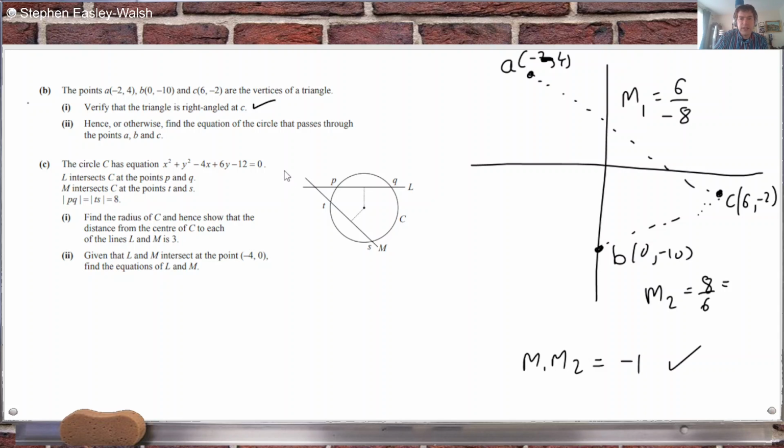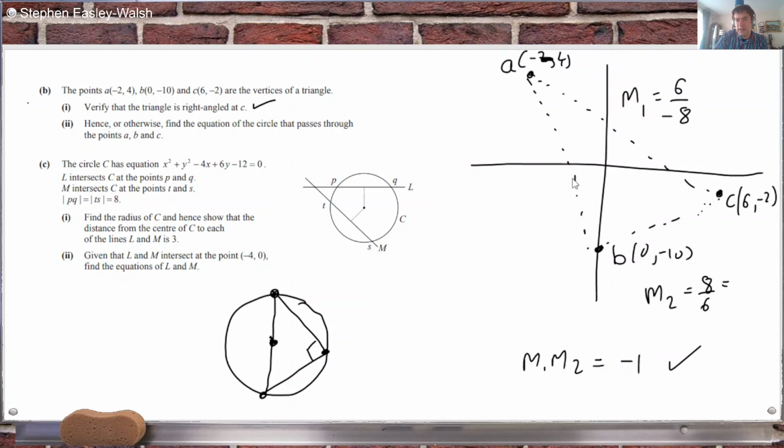And then find the equation of the circle that passes through the points A, B, C. So you've got a circle, you've got 2 points on it, and a third point here, and you know that's 90 degrees. So that means that this has to be the diameter, which means the midpoint would be the center. So if you get the midpoint here,